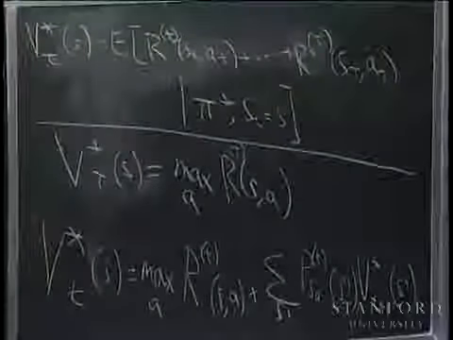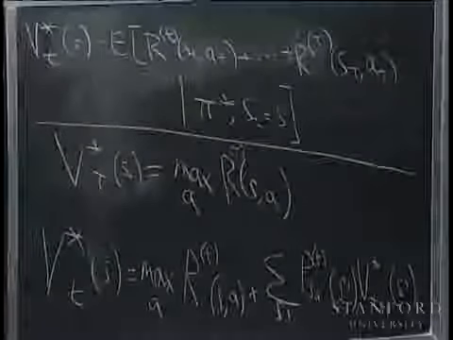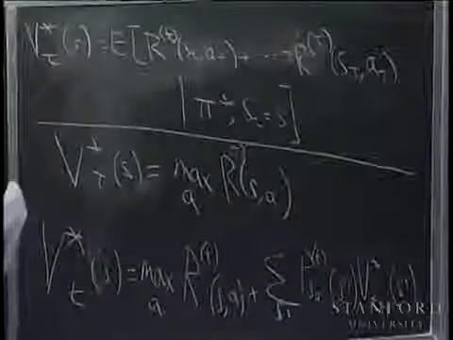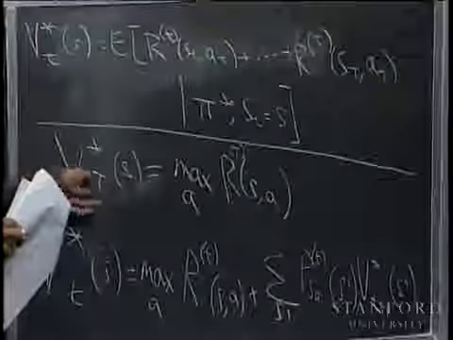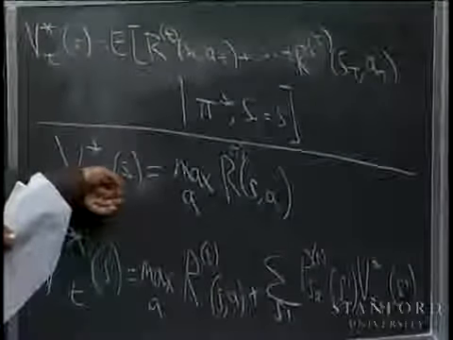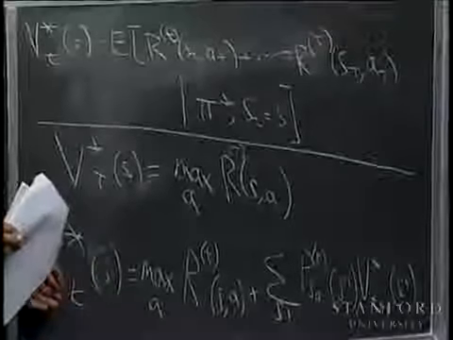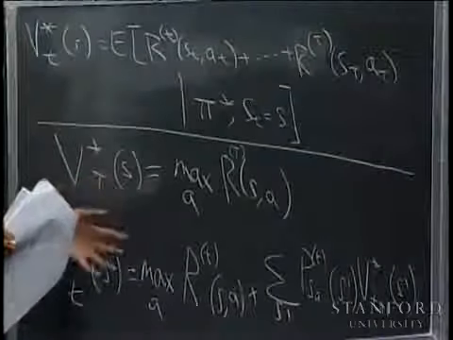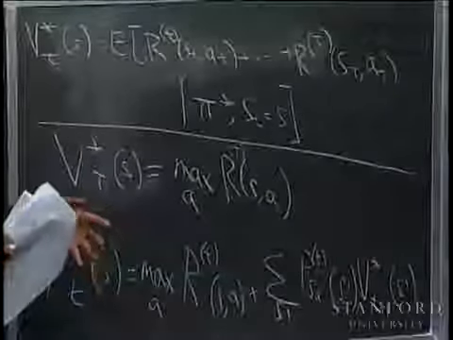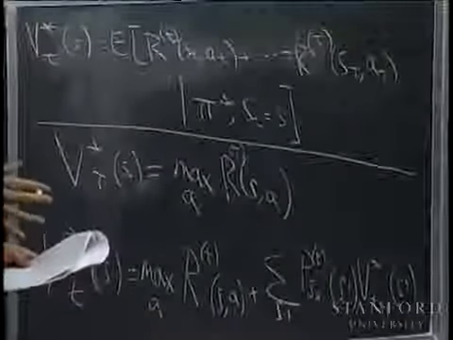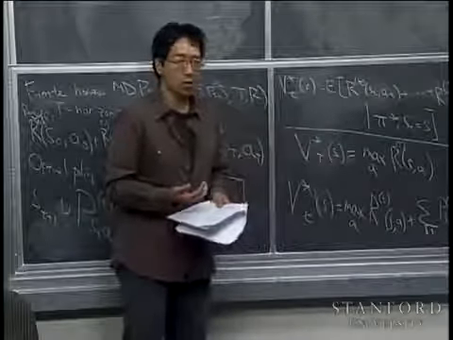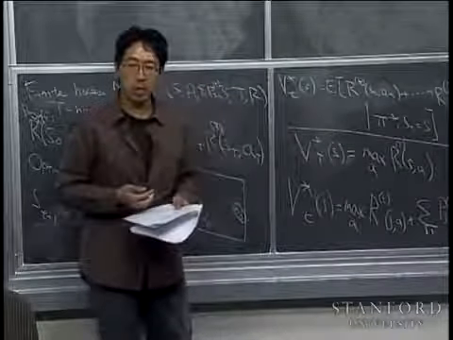And so in the case of finite horizon MDP, this actually gives us a very nice dynamic programming algorithm in which you can start off by computing V star of capital T, and then you use this backward recursion to compute V star of capital T minus 1, capital T minus 2, and so on. You recurse backwards until you've computed V star for all of your time steps.